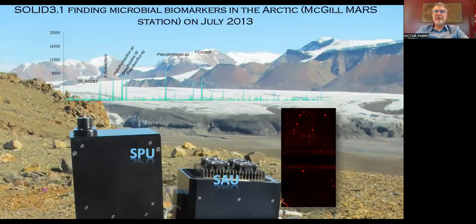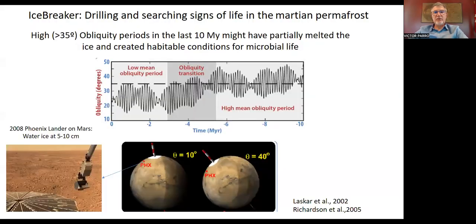We have tested in many environments here on Earth. This is in the Arctic, where we identify many different signals and different samples, rocks around this area. And okay, the system works here on Earth, and it gave us good results. But the idea is to implement this system for a mission to Mars, and we are